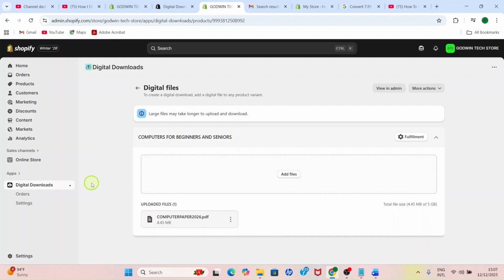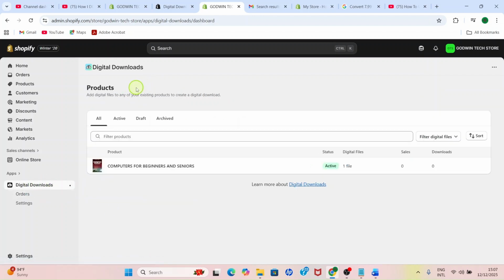Let's get back to maybe this section to see if there's anything there. I can see this has been added with one file. Okay, this book is written by me. In case you want to buy, go straight to the store and make a purchase. So let's click on home. We can do other customizations,